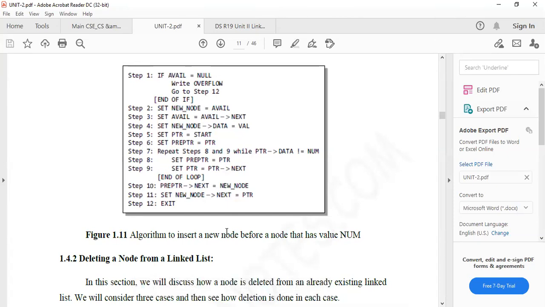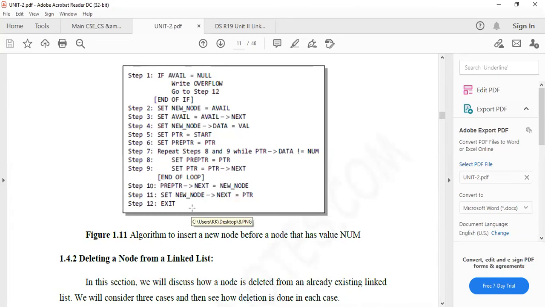Directly, you can easily insert any node at any position, but algorithmically it is a little bit confusing. If you want to add, the first condition is to check availability. If availability is null, it is not possible to insert a new node because there is not sufficient memory. If memory is available, simply assign PTR to the start node.